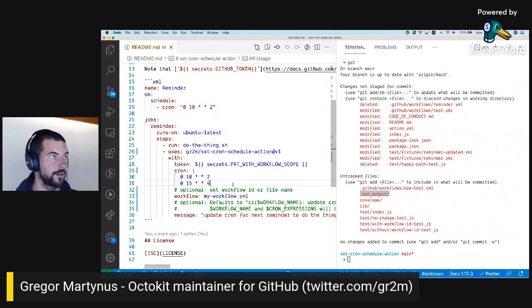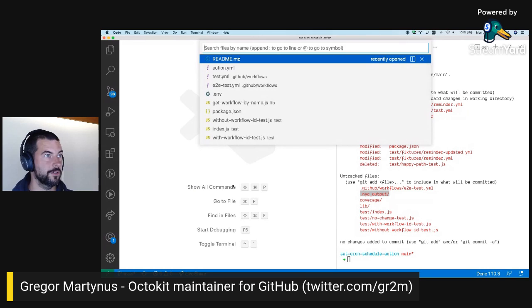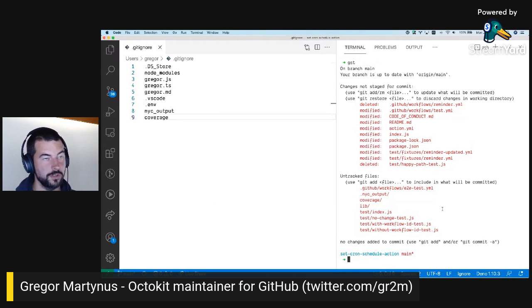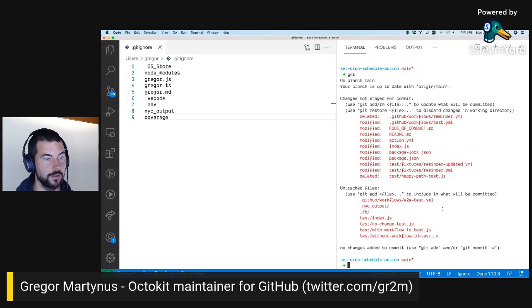I've added some tests and I added coverage. So I have to add the NYC output and coverage folders.